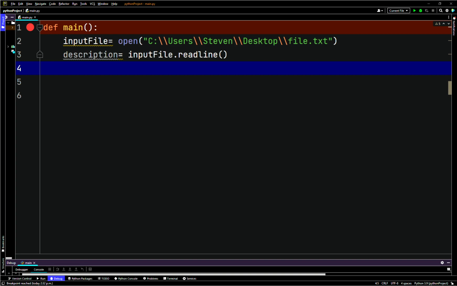So here we'll have a while description does not equal anything. So while description is not empty, basically that's all it's saying. So we'll loop there. We'll have a loop, and then here we'll say